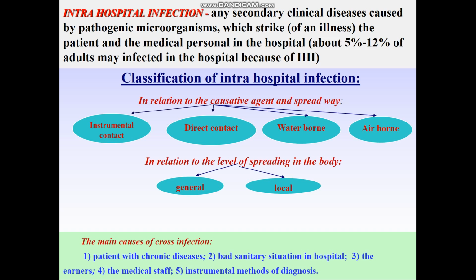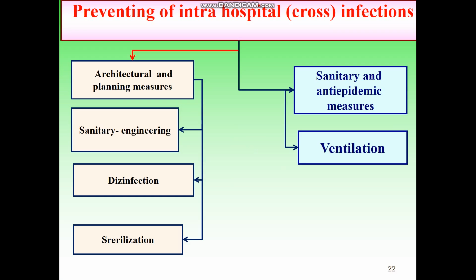Specific measures are presented by immunization, scheduled and emergency, and non-specific. Non-specific measures for preventing intra-hospital infection include architectural and planning, sanitary engineering, sanitary and anti-epidemic, disinfection, sterilization, ventilation. Architectural